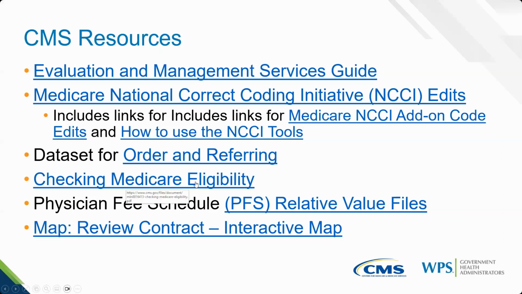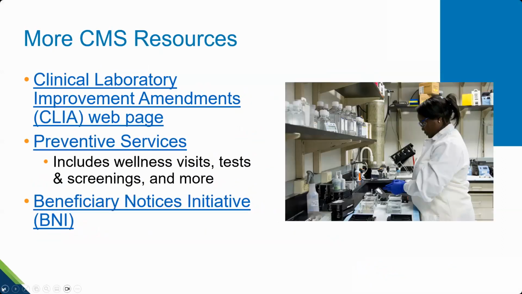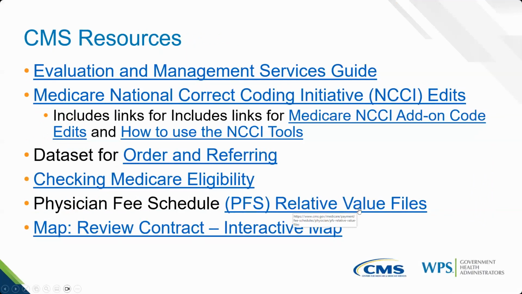Here's a great publication CMS has made, checking Medicare eligibility, and I think I fibbed a little. I told you that I didn't put the relative value file link on your resources, but I did. But thanks anyway to Leanne for placing that into the chat. Here is an interactive link to an interactive map on CMS's website. You can click on Michigan, you can click on Iowa, you can click on Hawaii. You can see all of the contractors for that state. All of the medical review contractors. You can see who the RAC is, the Recovery Audit Contractor. You can see who the MAC is. You can see just a ton of great information out there.